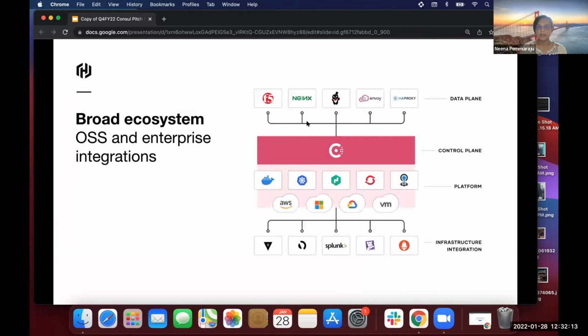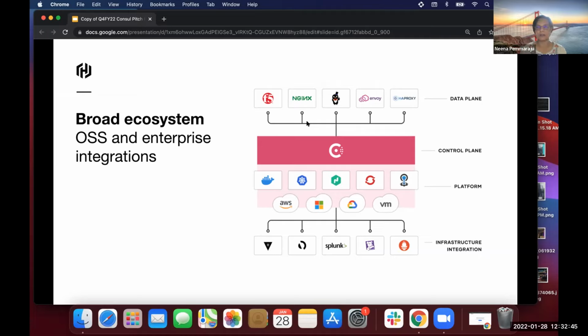And then Consul itself has a very broad ecosystem. Even though it does a lot, we don't do everything ourselves. So it is built to be extensible and pluggable. As an example, on the network infrastructure automation use case, we work with pretty much the most commonly used network infrastructure providers, and use Consul and Terraform Sync to automate their equipment, right?